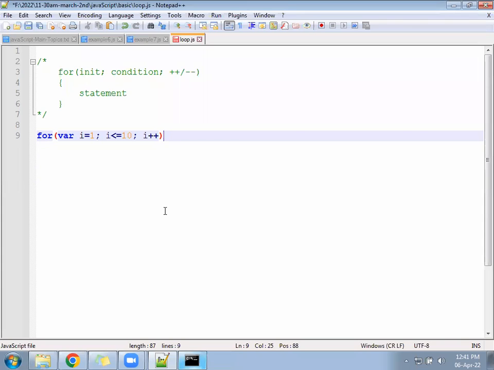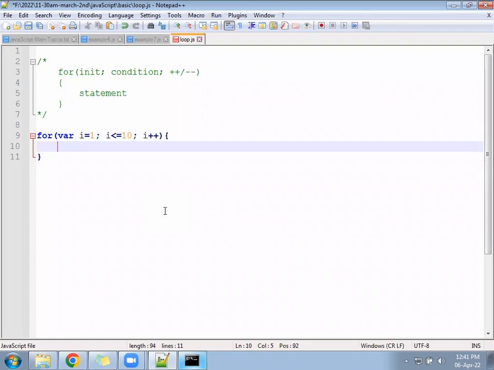Now come down. Plus plus I you are not going to use here. You will not get a chance to increment that way. It will always be I plus plus only. That matches with the requirement. Minus minus means minus by 1, plus plus means plus by 1. The current value of I will get incremented by 1. Then below is the statement. You will write here